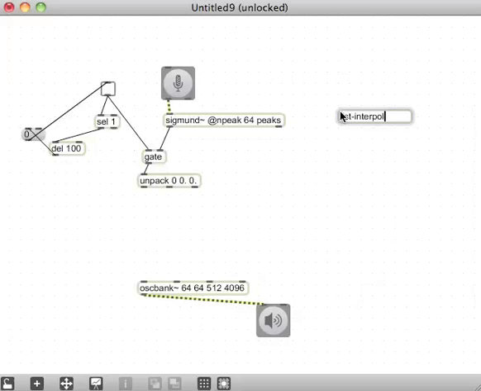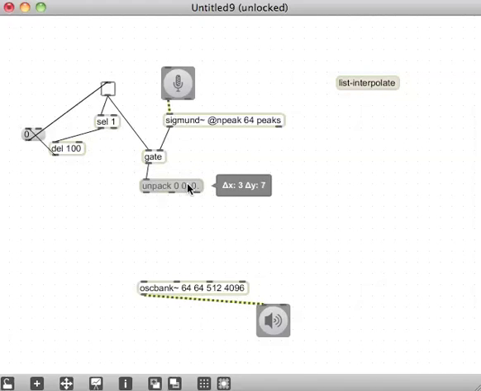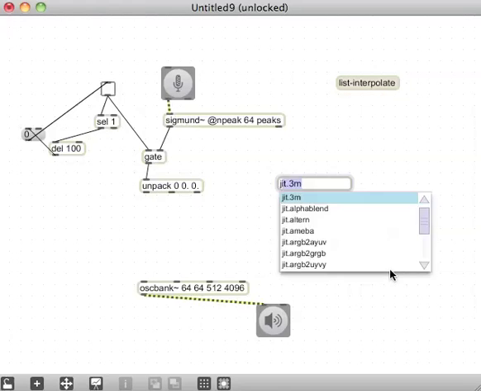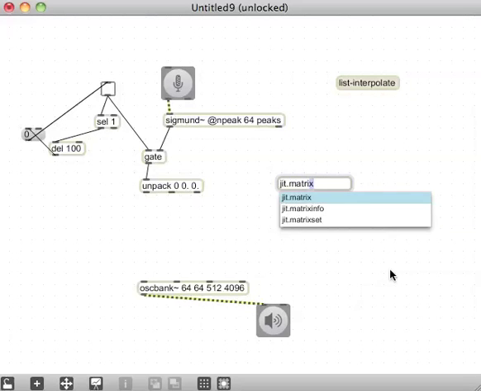It's available somewhere out there in the SynMat set of externals. You could use that. I've used that before. But instead I'm going to use a matrix to store these values. And if I create a jit.matrix, it's going to need two planes, one to store the amplitudes, one to store the frequencies. I'm going to make it float 32